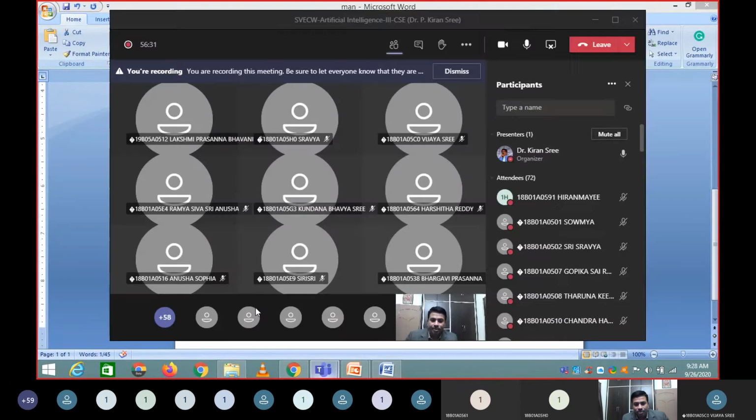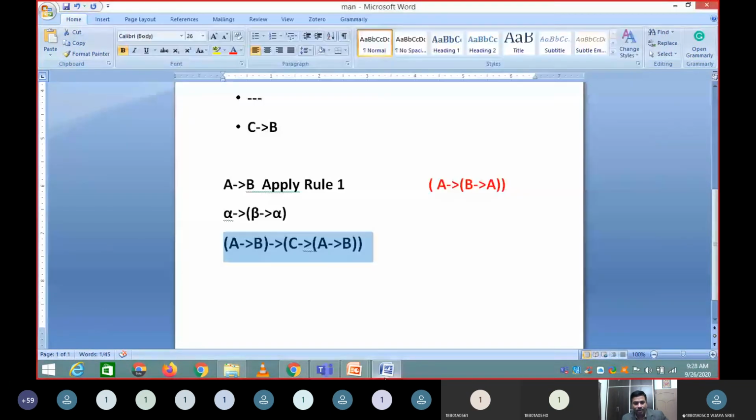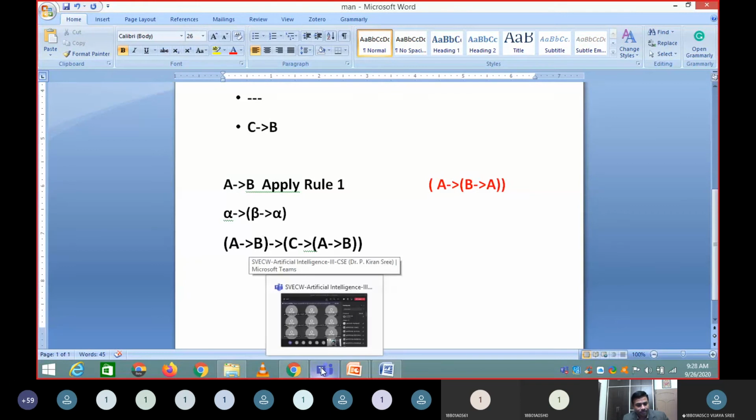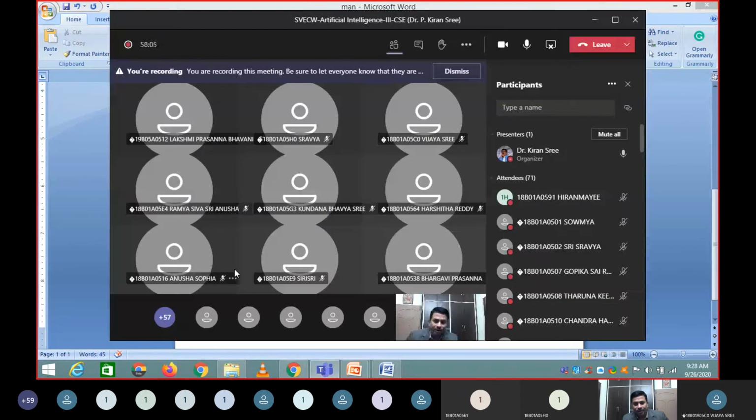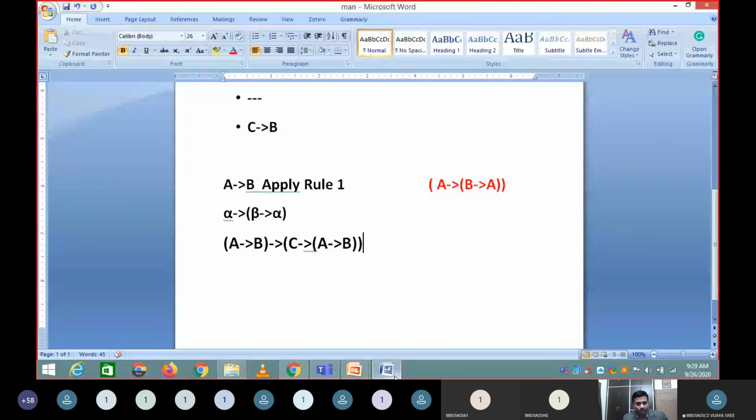Can somebody unmute and just answer this? Can you see this? What is this called? Word document? Can you see the Word document? I think my voice is not reaching, or somewhere some disturbance was there. Just type something here.